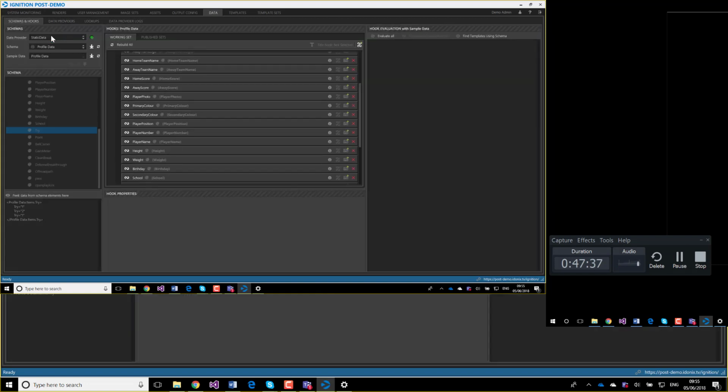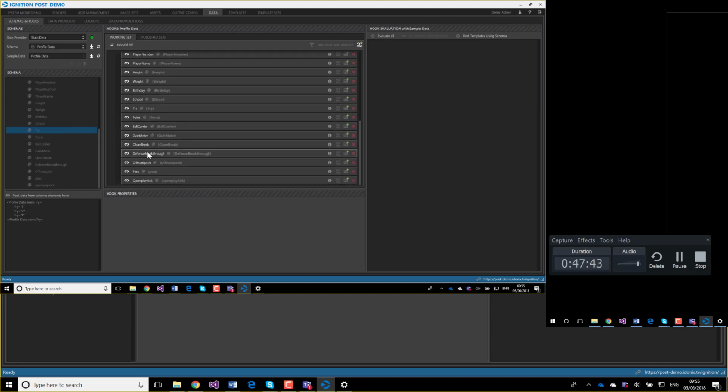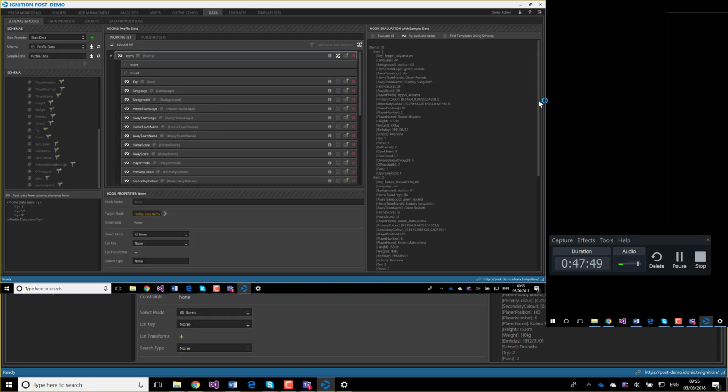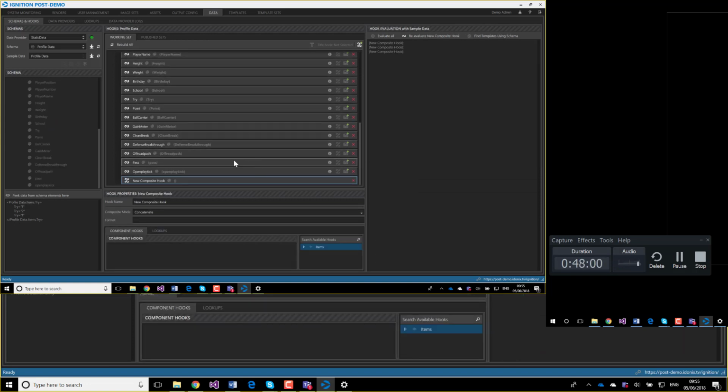All we need to do now is come back into our templating area, and we add what we call some composite hooks. So the composite hooks allow us to do these data translations. So on our items list, we can add a new composite hook, and here it is, and we'll call it try label,